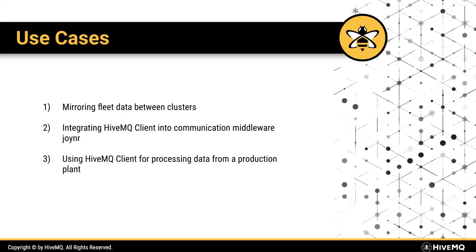The third one, a very recent one, I have to be very vague here, but it's a plant which is producing things, and during the processing, there's certain touch points within the process where sensors are sending data. So a fairly classic use case for MQTT. This is on the backend side. The consumer of this data is a JEE application.